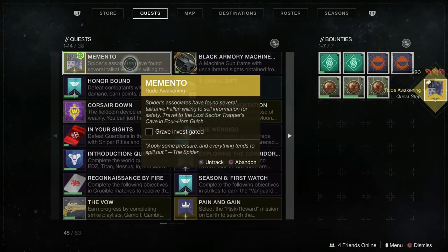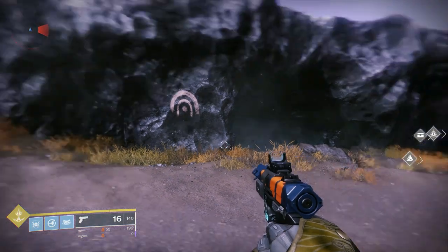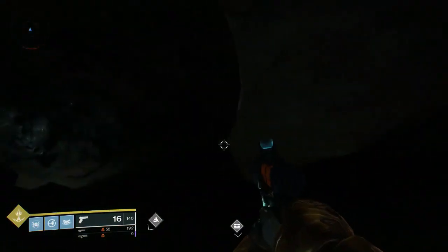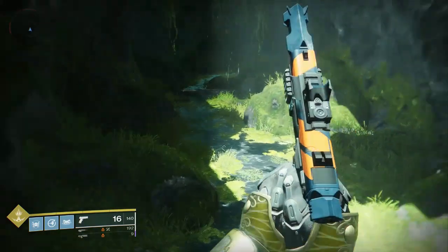For Rude Awakening, it sounds like the most difficult part of the quest. It's actually the complete opposite. It is actually the easiest step of this entire quest. For Rude Awakening, what you're going to do is head to Four-Horn Gulch, and you're going to go into Trapper's